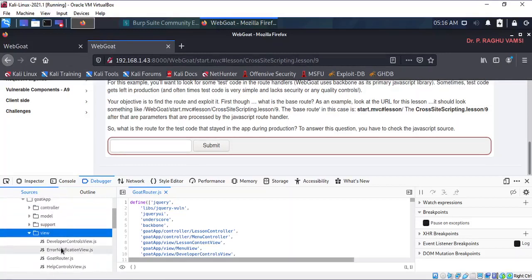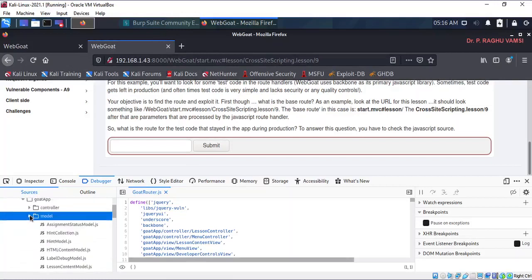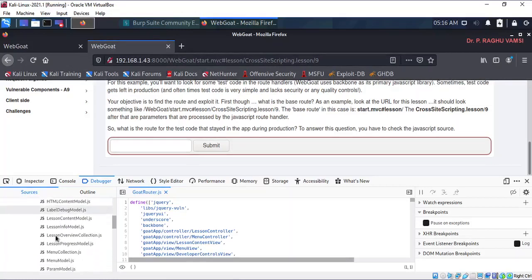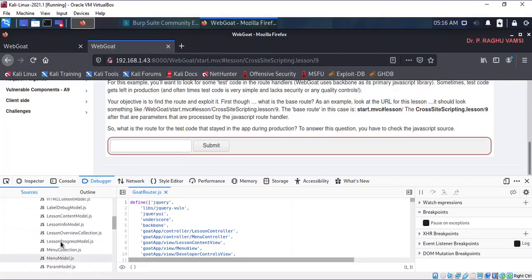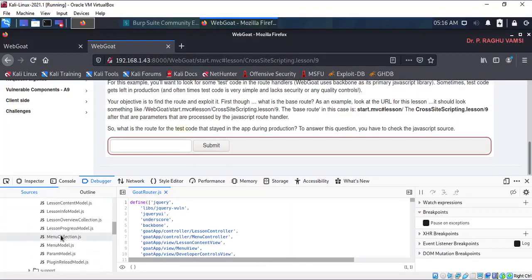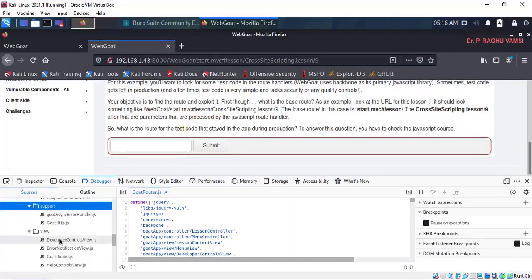And in the model, is there any model available with the name test code? Here also there is no code available, in the controller also there is nothing, and in support nothing is available.